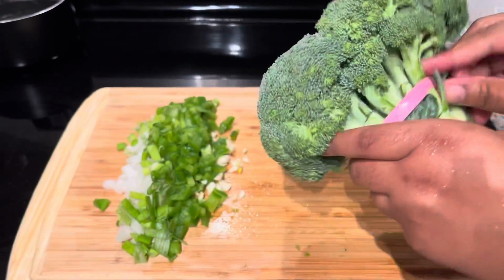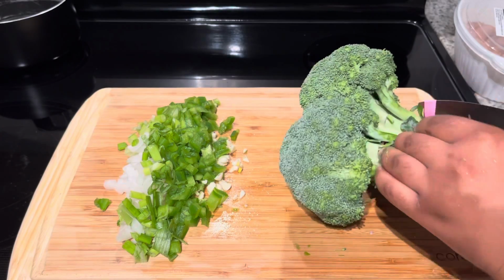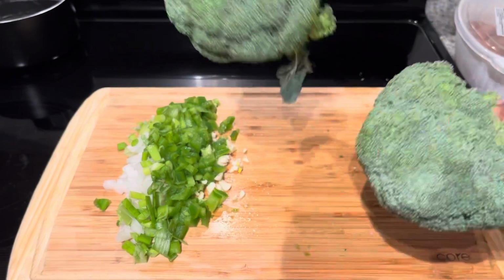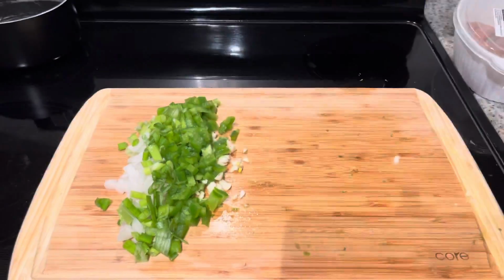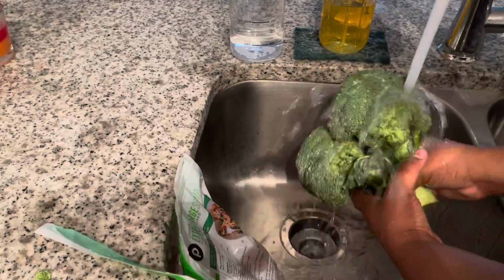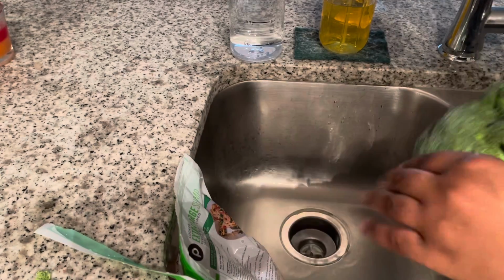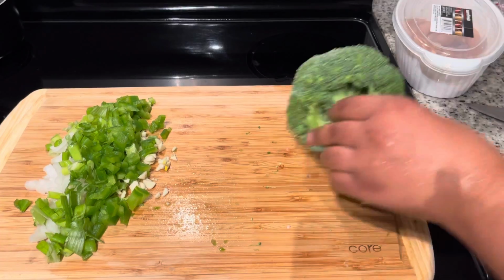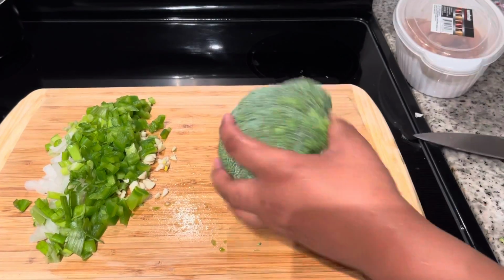But here's our fresh broccoli. I do not like the bag broccoli for some reason. It tastes, I don't know, like freezer. I don't like that. But let's rinse them off. And I can't remember if I rinsed them with hot or cold water, so please don't ask because I have no clue. And let's just go back over here and break the broccoli florets apart,